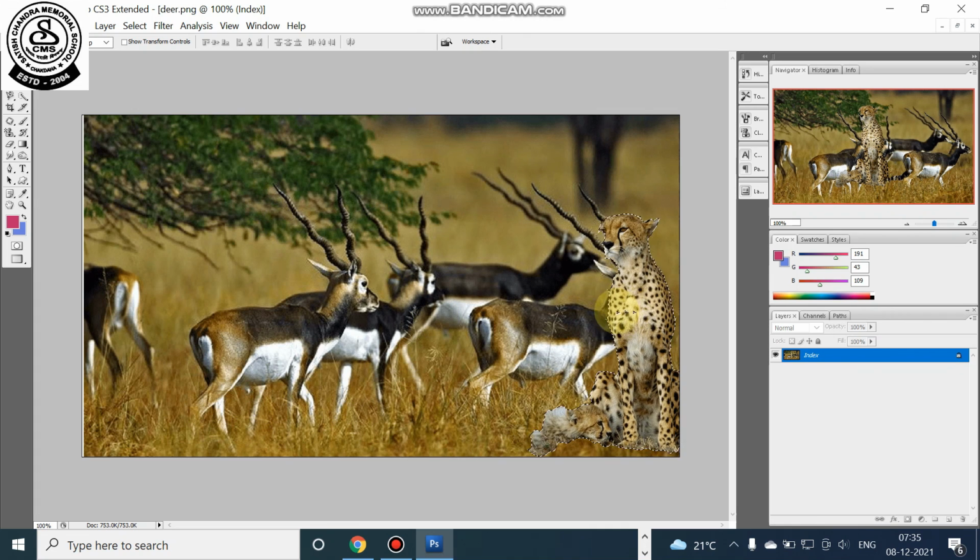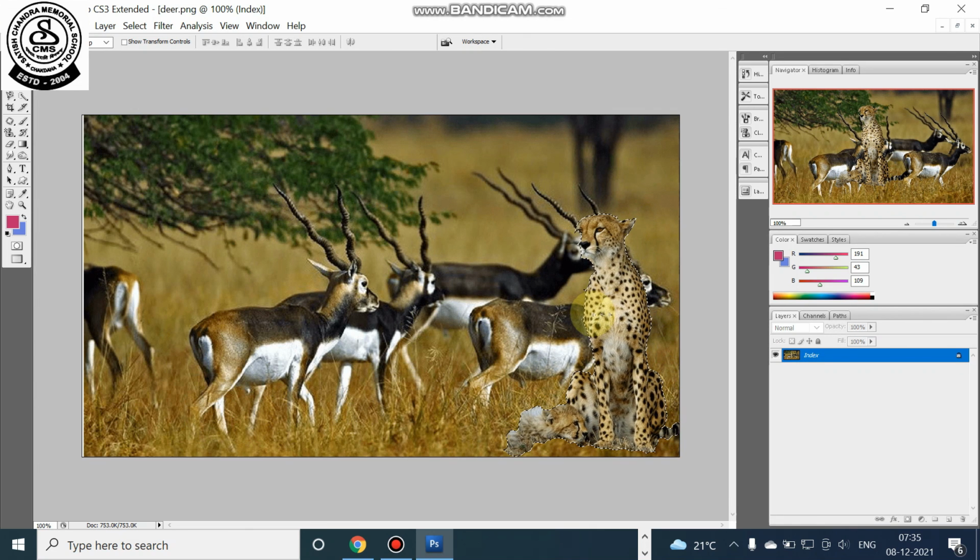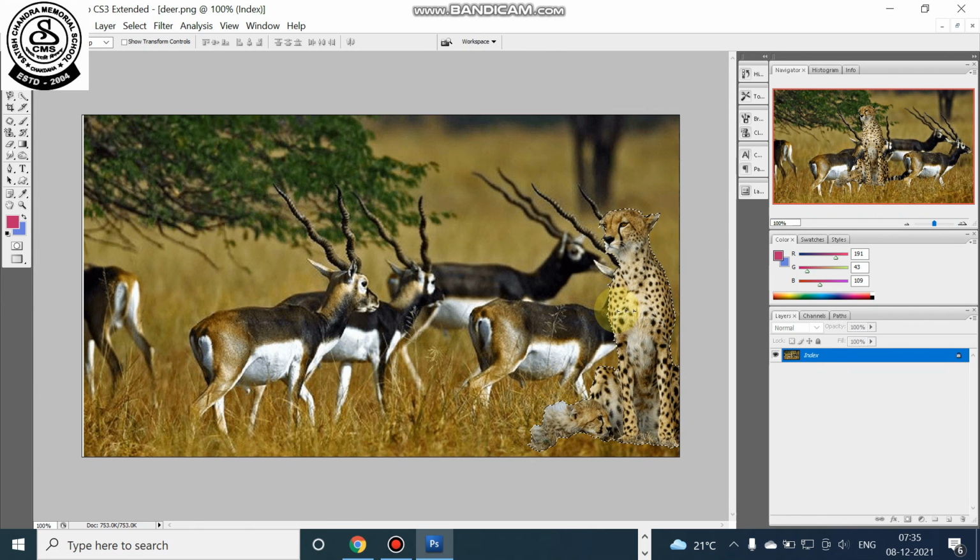Now you can place it here and it's looking like the deer are going and the cheetah is staring at the deer. So like this you can create an image by merging a part of another image with a particular image. So this is the way you can use the magnetic lasso tool to cut a particular part of an image according to its edge.